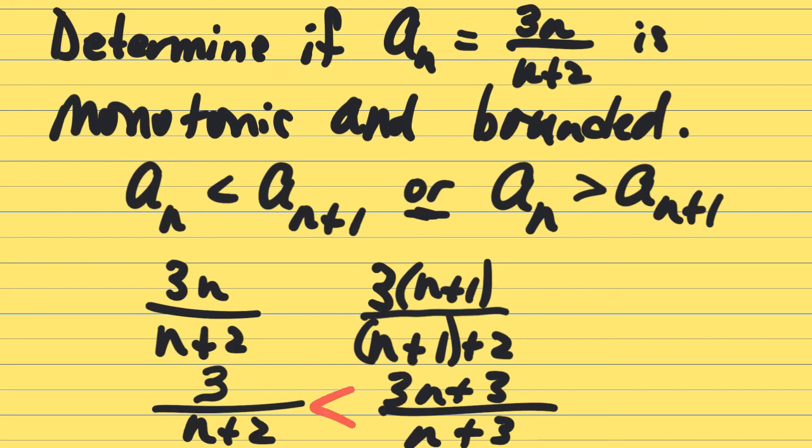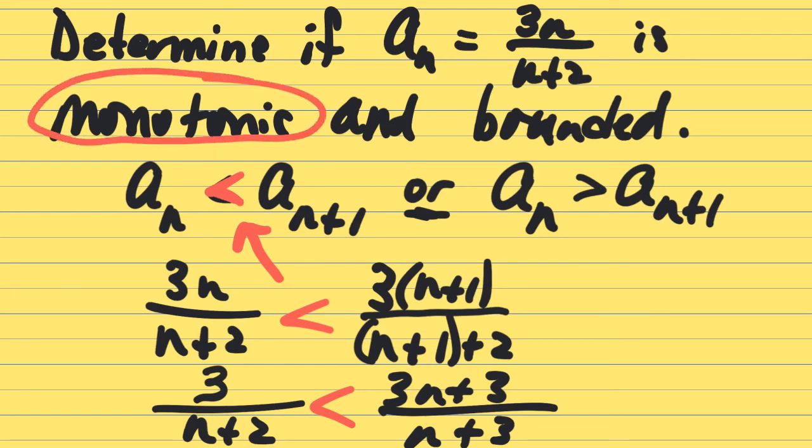So that tells us that no matter what, our next term is going to be greater than the one before it. So that's increasing, monotonic. The terms will always increase. Of our original nth term, 3n,